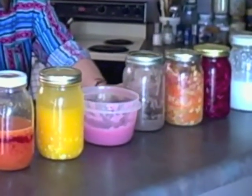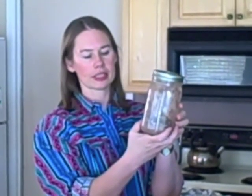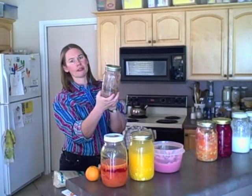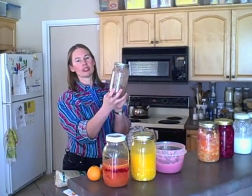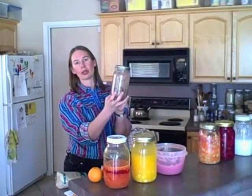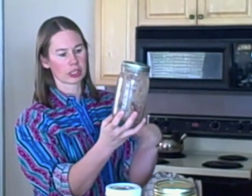So the next probiotic is bean ferment. And this is very potent and very lovely. I cooked red beans, and first I soaked them overnight, because that will help with digestibility. And I poured off that water, and then I cooked them for about an hour, and then I put them in a blender with garlic and onions, raw garlic and raw onions. And then I just put a little bit of the brine from the sauerkraut in to get this started, and left it out for about 2 days. And here in Phoenix, we're a little warmer than other places, so that was enough. You might have to leave it out 3 or 4 days if you're someplace that's a little bit cooler. And this is just amazing. I've been mixing it with some tomatoes and having it